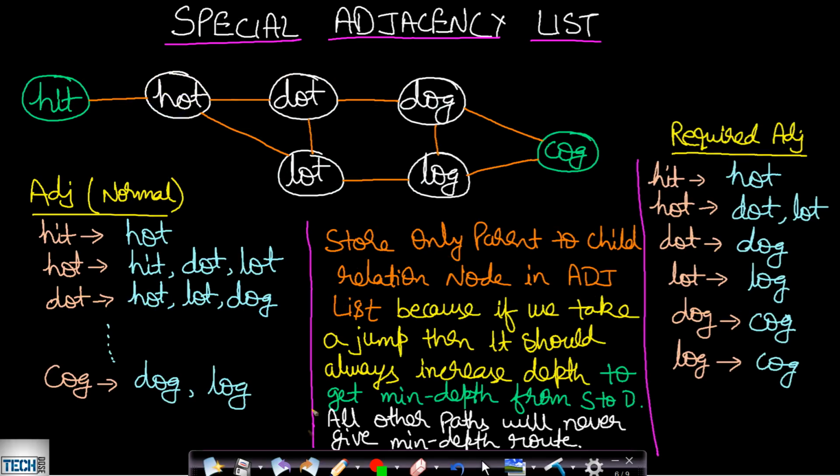Okay, so how to make the adjacency list? In this case, the adjacency list will not be a normal adjacency list which we are usually used to seeing. Let's say we start from the word hit. The adjacent word is hot. This is our normal case. Hit will have adjacent hot, and in our required adjacency list format as well, we will have hot as an adjacent word of hit. Now if you are at hot, what will be the adjacent words? You will have hit as an adjacent word, dot, and also lot. This is the normal case: for hot, we will have 3 adjacent nodes. But what we want is only dot and lot.